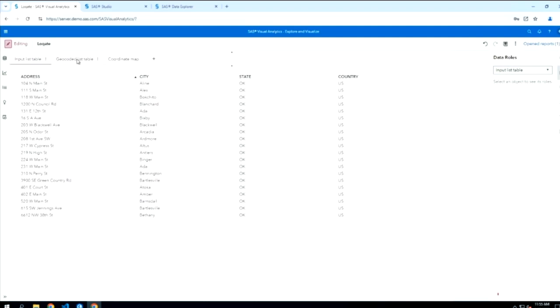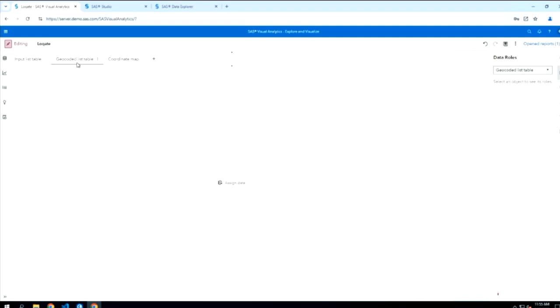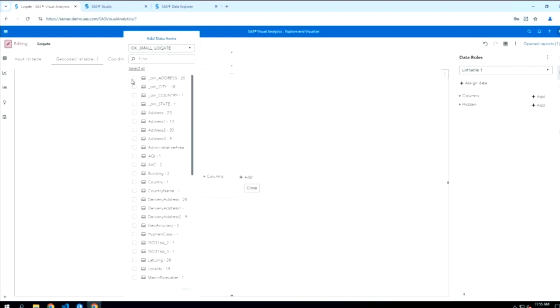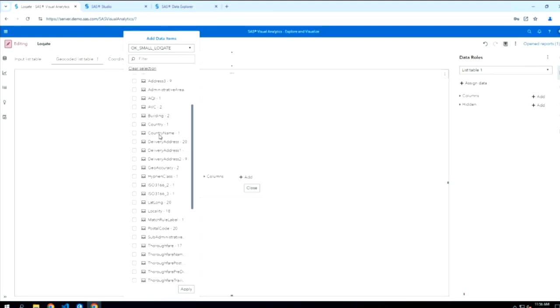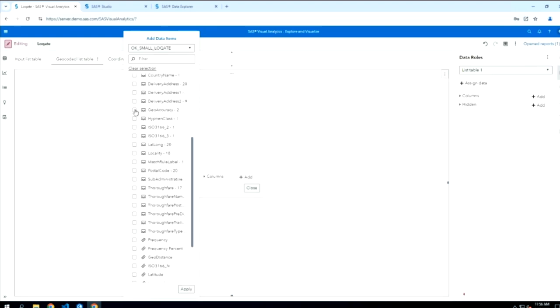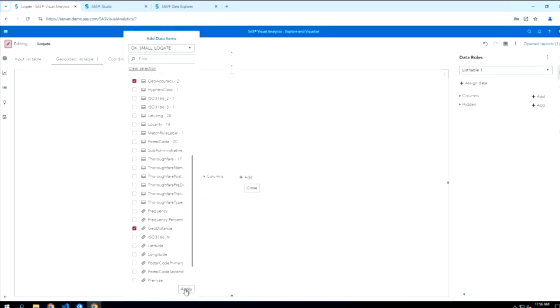But like we saw before, I want to compare the input and the geocoded result so we can see how this works. So in this list table, I'm going to add my input address, the matched address, the geo accuracy and the geo distance field, and that'll give me some information about how the geocoding worked.